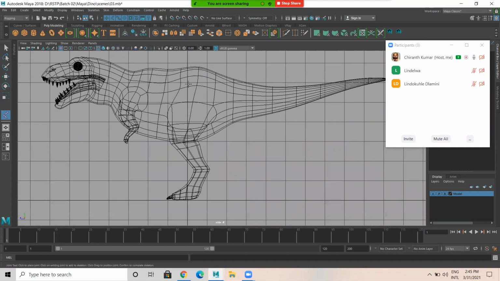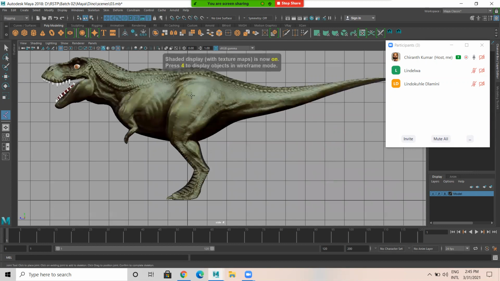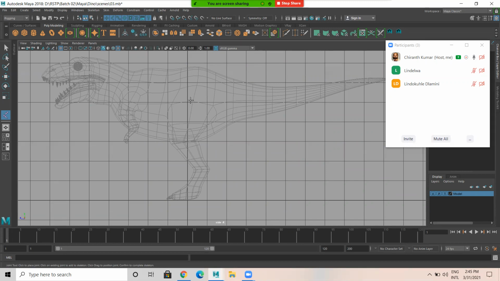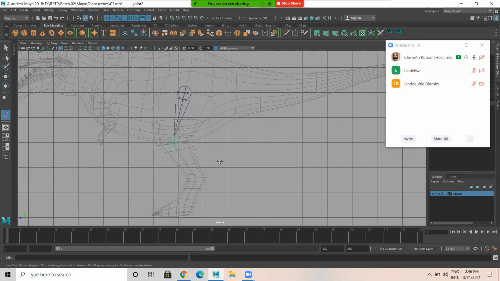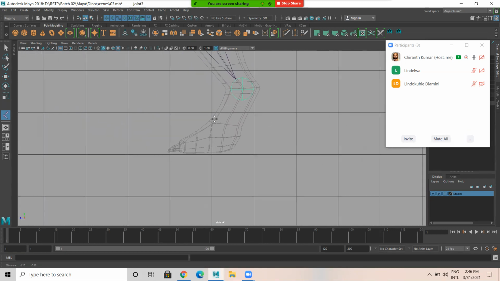So first what I'll do, I'll take a joint. This is a thigh part. In this case, I'll add one here, and one at the knee, and one at the ankle.